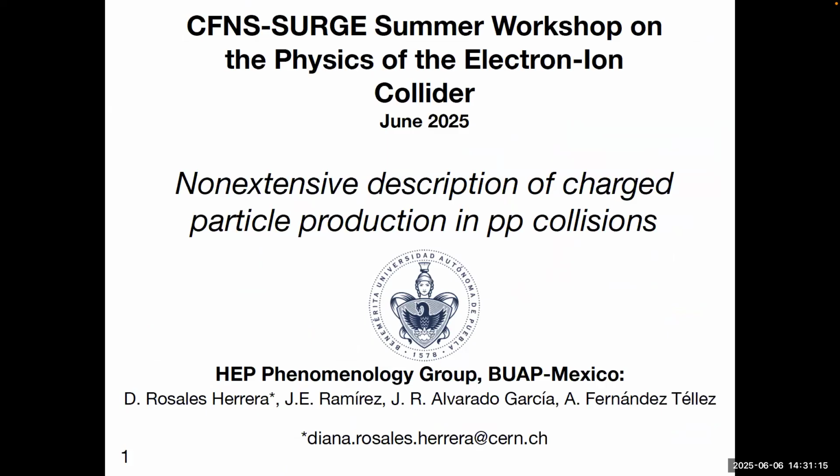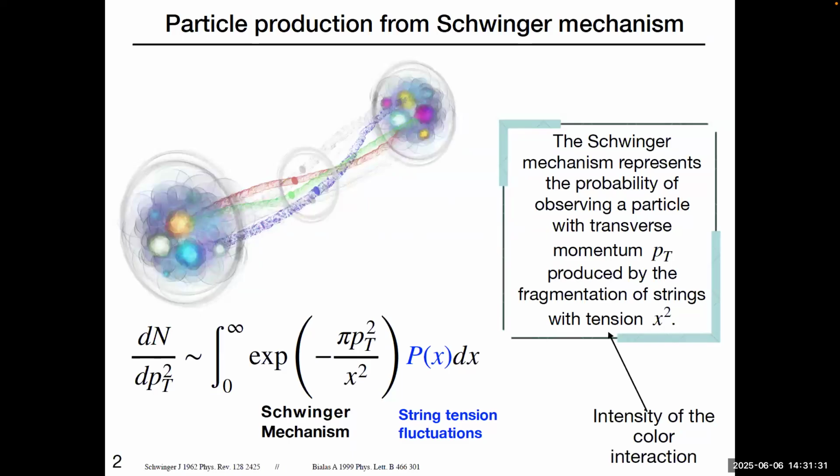Hello, everybody. I'm going to talk about part of the work that we are doing in the HEP phenomenology group at UAP in Mexico, called the non-extensive description of charged particle production in deep collisions. Under the string fragmentation model, particle production can be described through the Schwinger mechanism. The Schwinger mechanism gives us the probability to observe a particle with transverse momentum PT coming from the fragmentation of a string